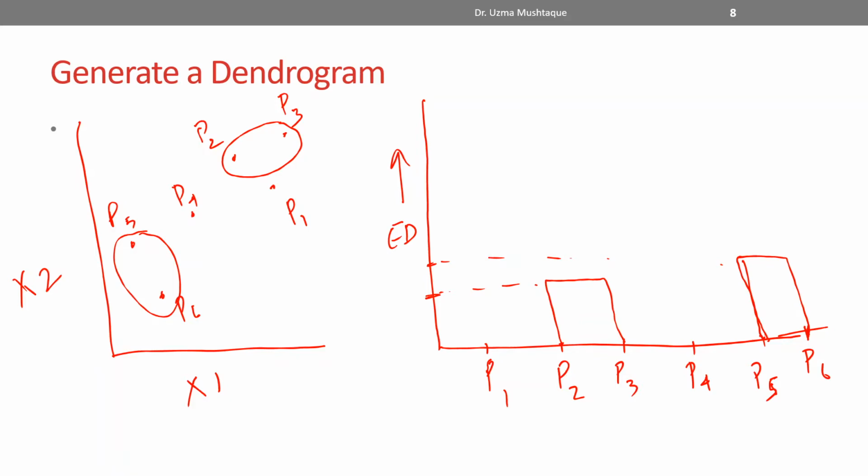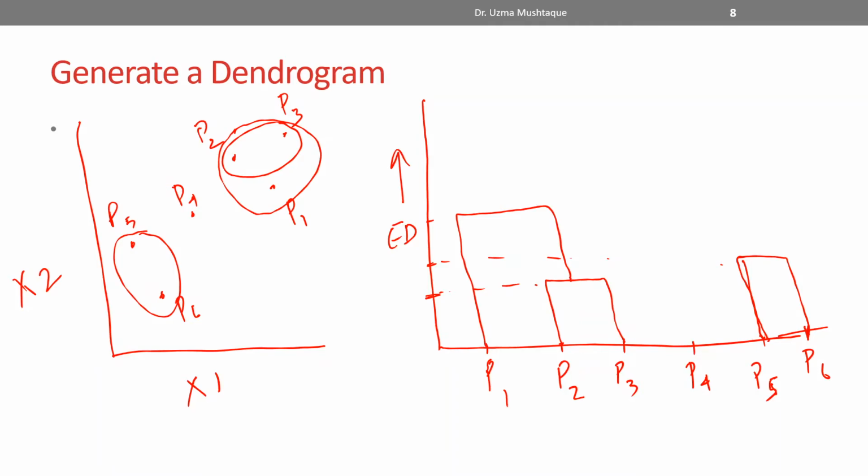Now let us assume we saw this cluster and these clusters are the nearest. So this is my step 3. Notice this is P1 and a link between the cluster that's already there, that's P2 and P3. Let's say the Euclidean distance is somewhere here. So the linkage will be formed something like this. So it ends up here, which represents that it takes into account P2 and P3, right?